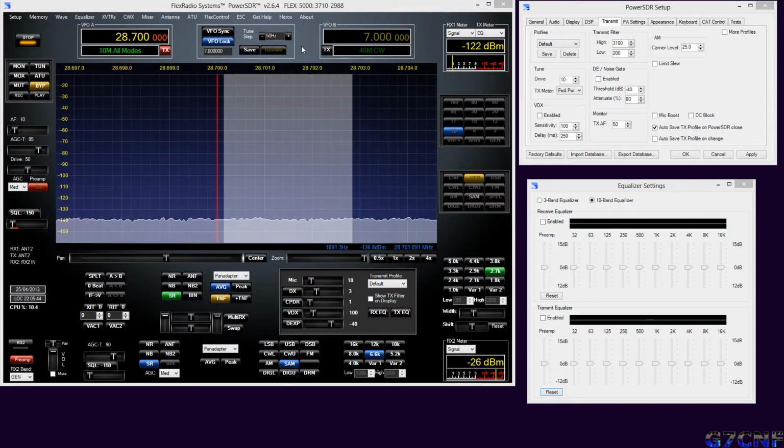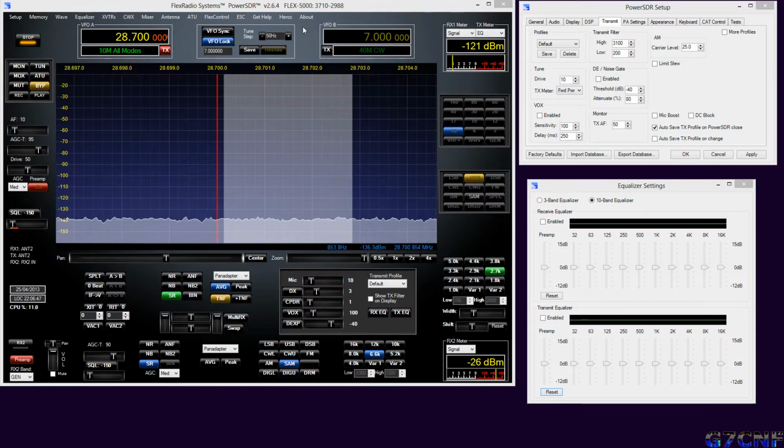The first is that PowerSDR is an application on a computer. It is digital. It is dealing with only the digital domain. As amateurs, we're very familiar with analog audio, the analog microphone signals going into the radio, etc. But of course, as soon as it gets to the Flex, it's then converted A to D into the digital realm, and from that point on until the necessary baseband is sent back to the Flex, everything that happens within